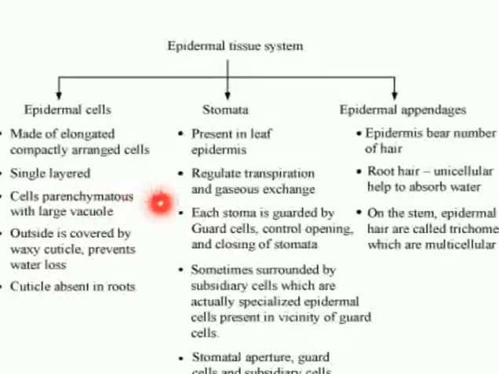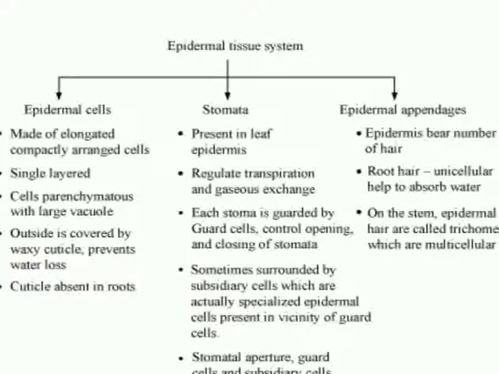These are parenchymatous cells. They have a large vacuole, but a small amount of cytoplasm is present in them, and it lines the cell wall, because the whole of the cell is covered with the vacuole. Outside of the epidermis is often present a waxy thick layer which is called the cuticle, that is further present for prevention of the water loss. Cuticle, however, is absent in the roots.